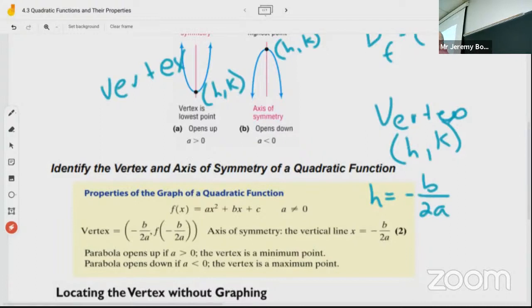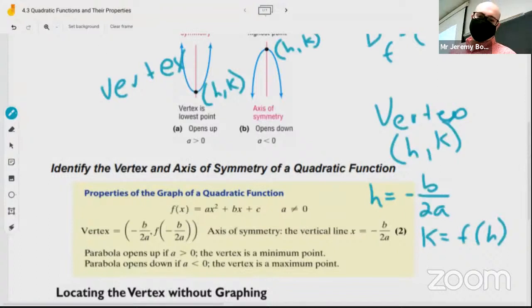Any questions on that? Now, what I don't like is how the book writes this. If you want to find the k value, it's the y value that goes along with h. So all you need to do is do f with h. You find h, plug it into your function, you get the y value, that's k. Boom. It's done. All right. And to find the axis of symmetry,